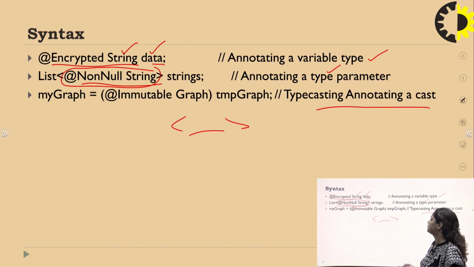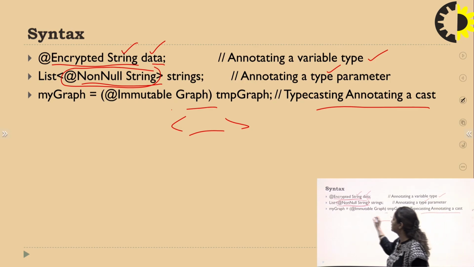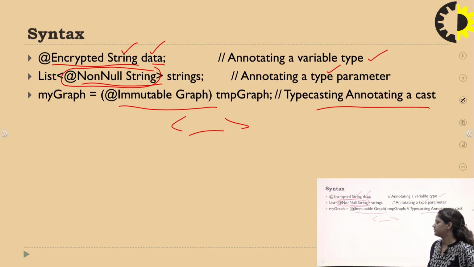And when we typecast a particular type, implicit or explicit, we can also use the annotation during the typecast. So these are the three ways where we can use annotations in Java programming. But mostly we will use the first syntax, above some method or in front of the declaration of some variable.